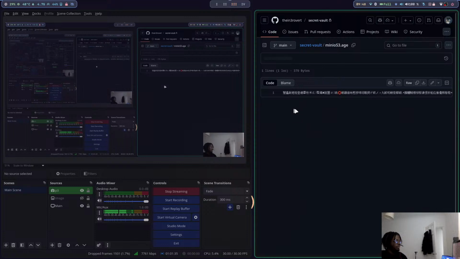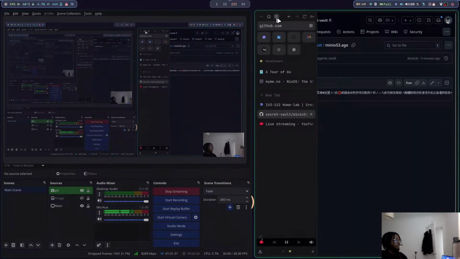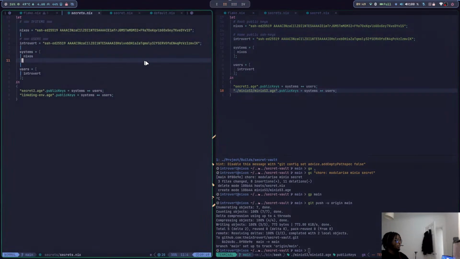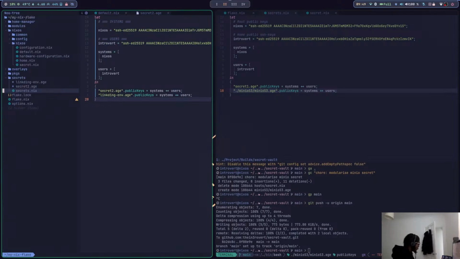and we have miner again right there. So now we're good. So that's how to create the secret that you need, and that's my secret vault, and my secret vault is what I would be using throughout my configurations going forward. But before, let me show you how to import secrets